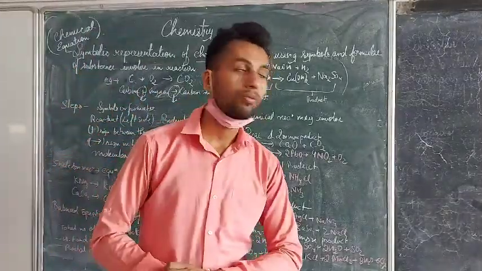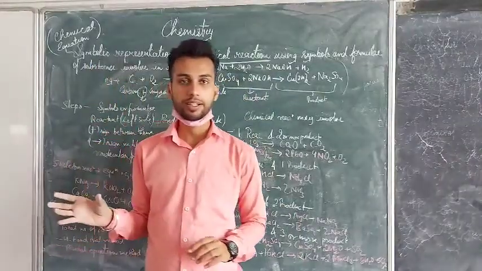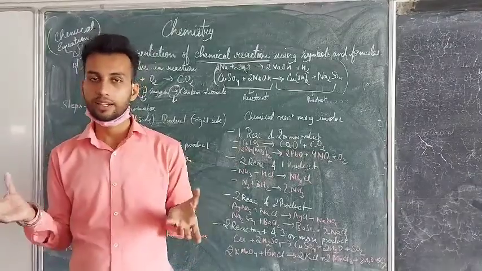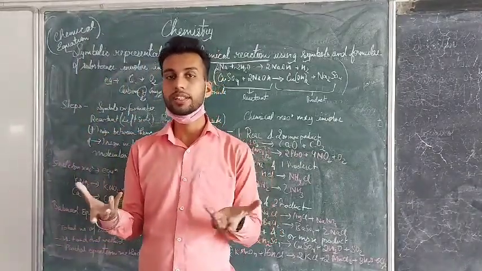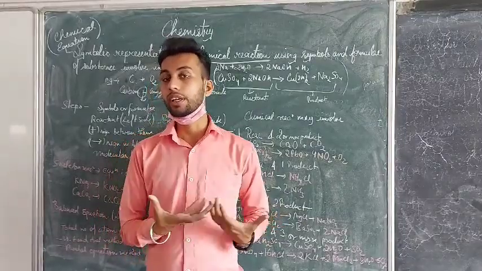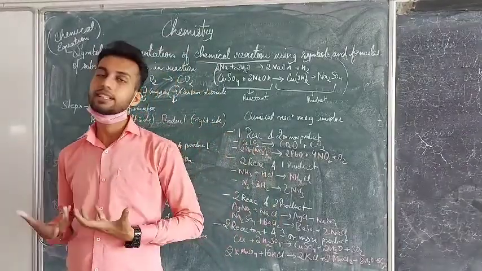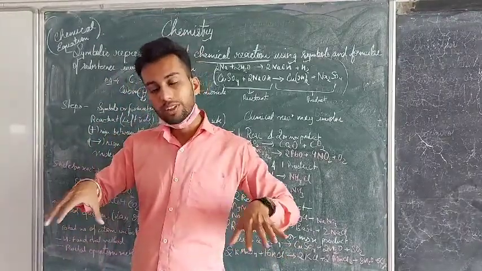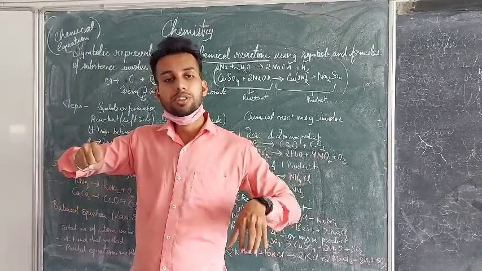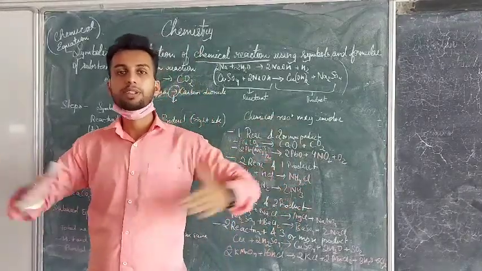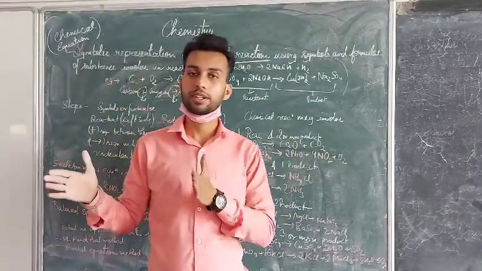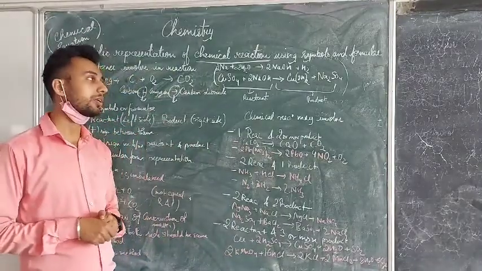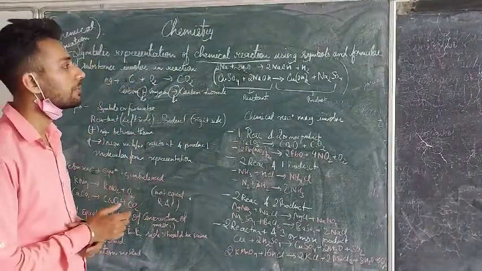Like if we are making water, then we take hydrogen and oxygen, and we compress them at room temperature, or we give them pressure and all the other conditions. Then we are making water in the laboratory. So we mix hydrogen and oxygen to obtain H2O. This process, in which the chemicals are involved to form water, is called the chemical equation, and we represent it by symbols and formulas.